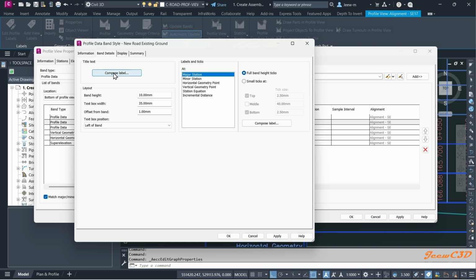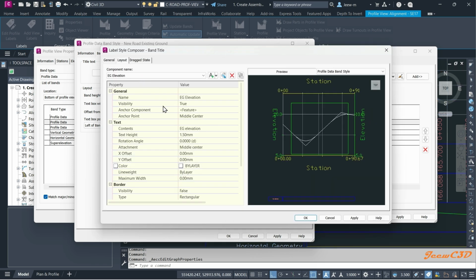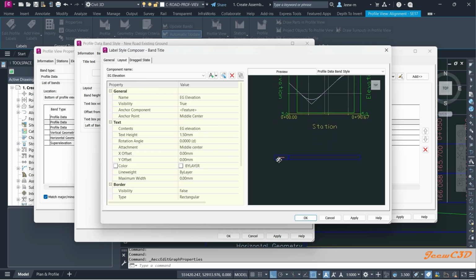So I go to this compose label thing, and you can see currently I will zoom into this location. So it says EG elevation. What I'm trying to do is add a line underneath here. So to do that, I go to here, I use this line option. Also you can add a block representing that kind of a line representation, but I will go with this line